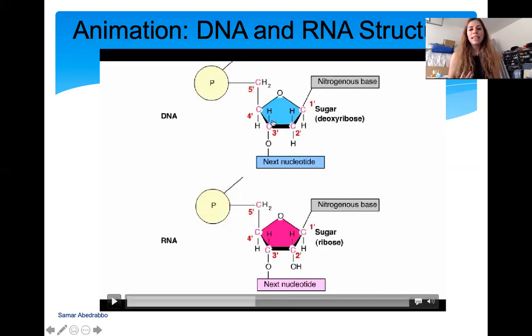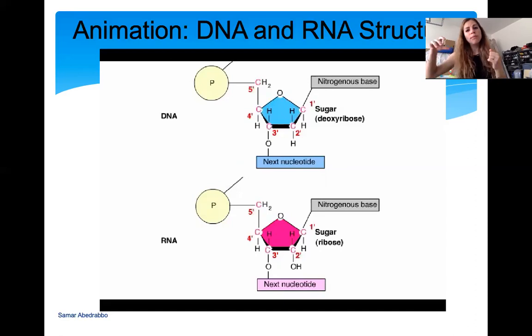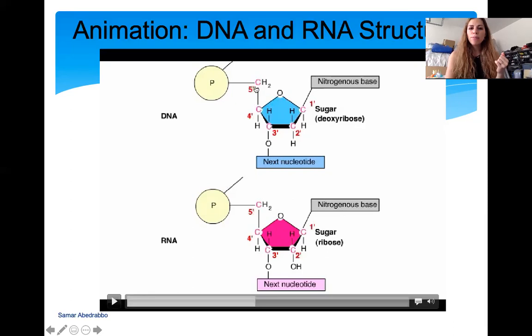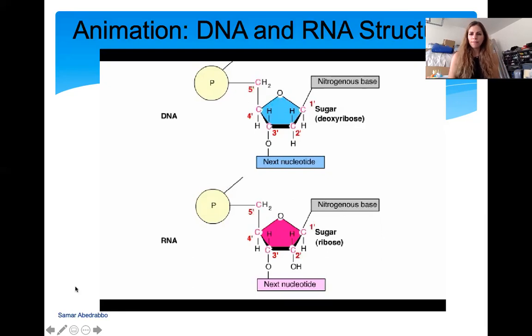So when we say DNA grows 5' to 3', we mean that you're adding a nucleotide on the 3' end. And the 5' end is where the phosphate group is. So just to make that clear, the 1' carbon is bonded to the nitrogenous base, the 3' carbon to the next nucleotide, and the 5' carbon